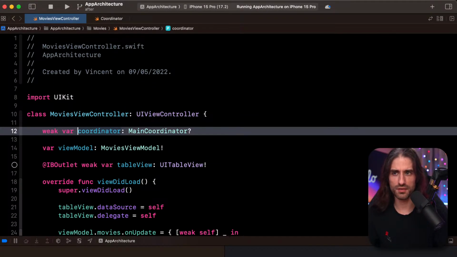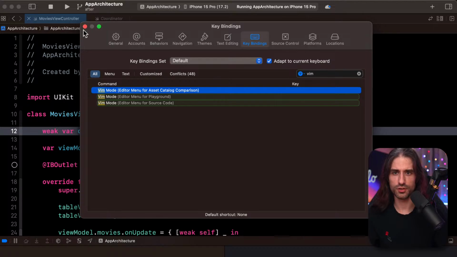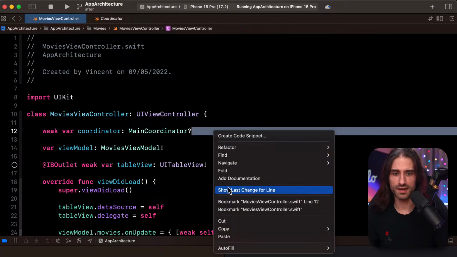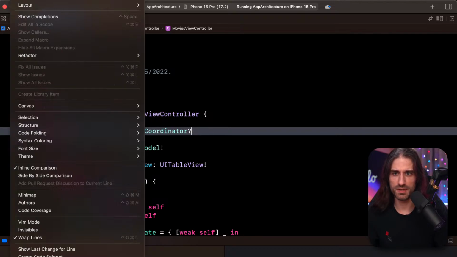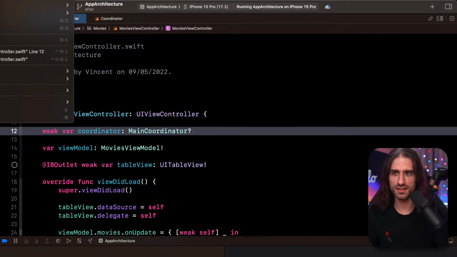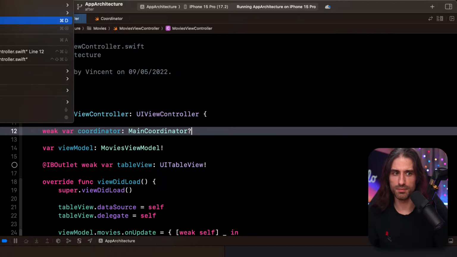So I guess Vim mode is when it doesn't insert, it's going to overwrite instead. But I don't know how you enter Vim mode in Xcode. I'm going to search for it. Okay, I don't have the shortcut to start it. I'm not gonna lie, I've never used Vim mode before, so I have no idea how you do it. And if I do Shift O, yeah, no, because I'm not in Vim mode. How do you enter this thing? I have no idea. Maybe in the editor or in the edit menu. I'm looking in the edit menu to see if there is an option to enter Vim mode.